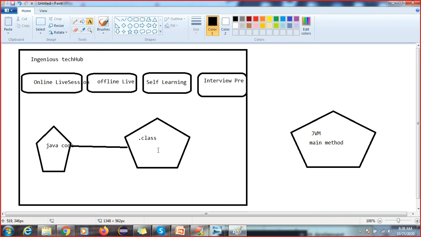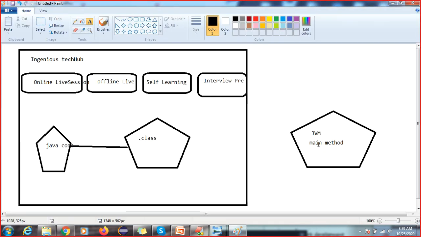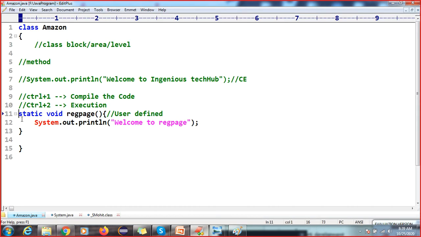Today I have developed a static method. Tomorrow someone can develop a non-static method, a parameterized method, a non-parameterized method. Many method types are there, but the JVM doesn't know which method you are going to create. As per the project requirement, users will create multiple types of methods, but the JVM doesn't know which type.